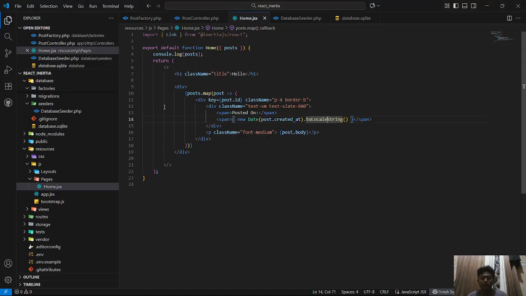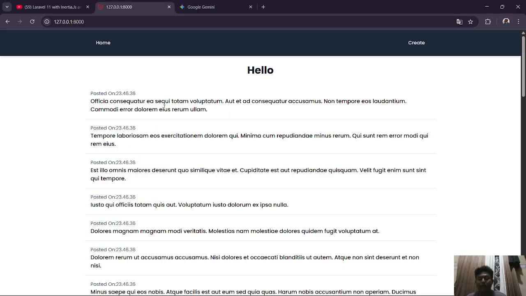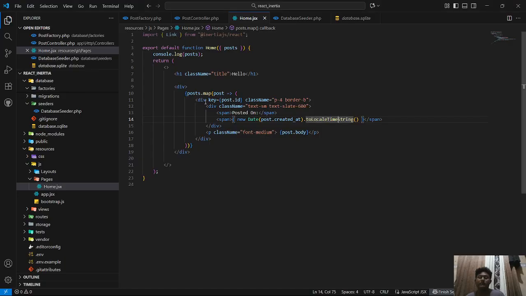And if we add the time, we just get the time: hours, seconds, and milliseconds. I want to show you what happens if we don't use this part.